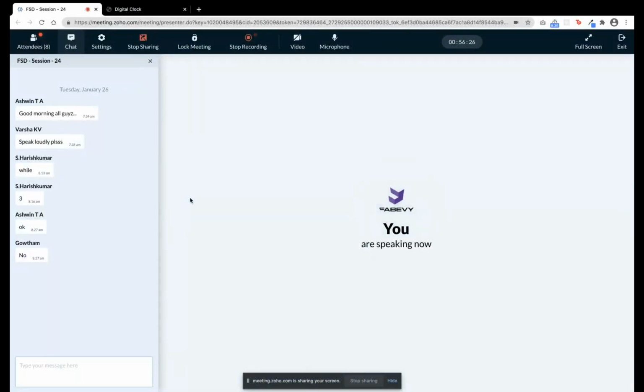So I'll give the overview of the next project, what we are going to do. I have planned to start with a BMI calculator. We will get the height and weight of a person as user input, using a form. We'll have a submit button like calculate or compute.